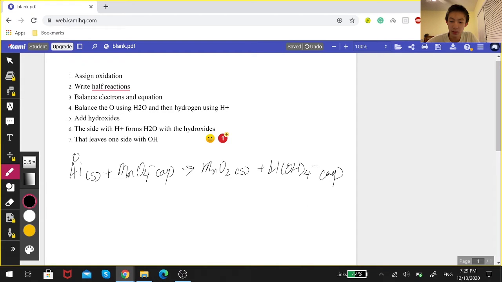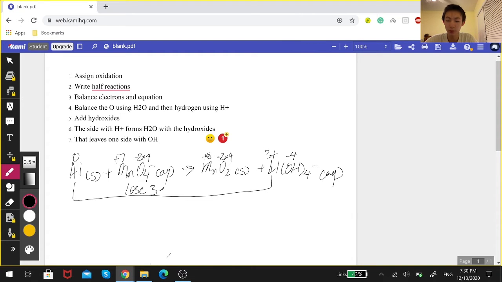This is 0. This is 1 minus, so negative 2 times 4, which makes negative 8. And in order to make 1 minus, this has to be positive 7. And this one will be neutral, so negative 2 times 4, negative 8. So this will be plus 8, so it's neutral. And in AlOH4, each OH has a 1 minus charge, so this is a total of 4 minuses. In order to make a negative 1 charge out of it, we're going to need a 3 plus charge on this aluminum. And now we can see aluminum lost 3 electrons to make it more positive. And manganese,